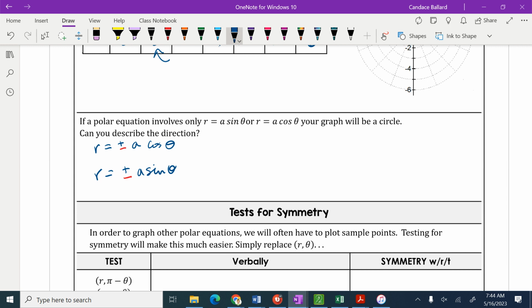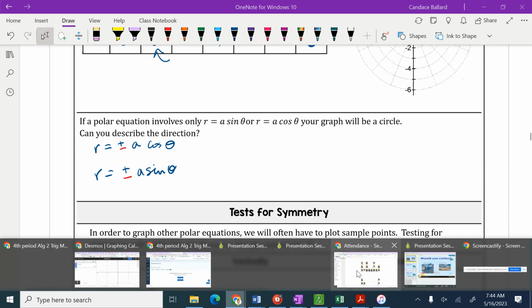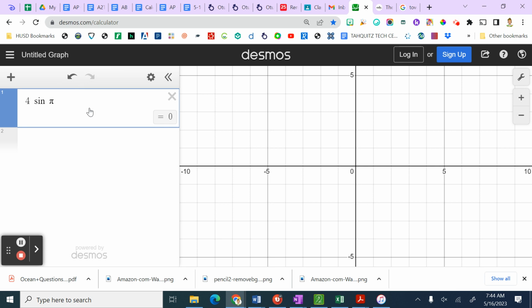So let's put this in our calculator. Let's just pick a number for A. I'm going to pick 2. I'm picking an A value, and I'm just going to use the same A value on all of them and change the signs and change the sine or cosine part. Okay, everybody do this with me. So you're in Desmos. All right, so I'm closing that off, and I'm going to say r equals, let's start with 2 cosine theta,